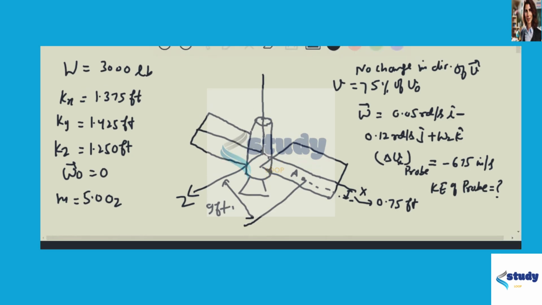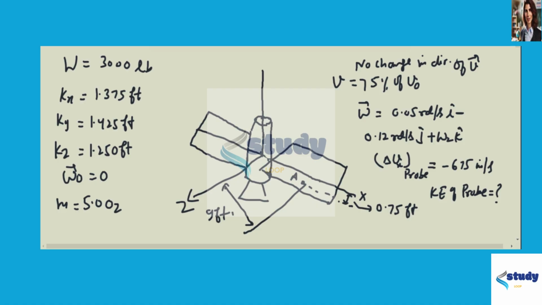Hi friends, as shown in the diagram, there is a space probe having the weight of 3000 pounds and radius of gyration kx, ky, kz, and its values are given. Its initial angular velocity is 0. A meteorite having the mass of 5 ounces strikes the panel of the probe at point A and penetrates to the other side without changing direction, only its magnitude gets reduced by 25%. If the final angular velocity of the probe is this, we have to calculate